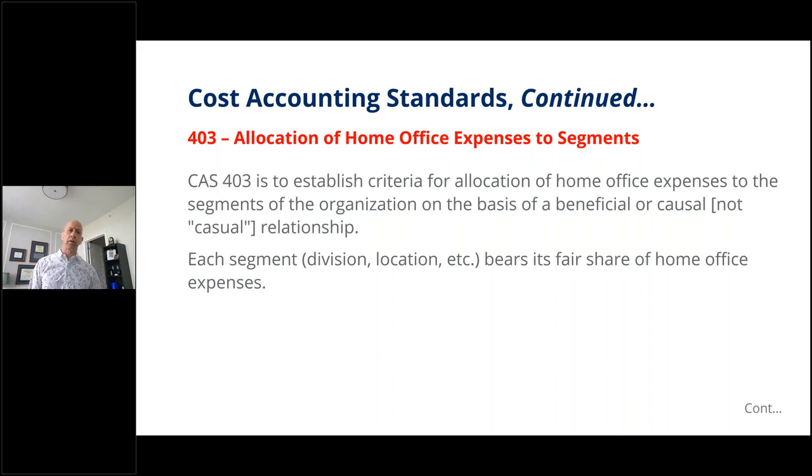One of the other things I want to throw in here, kind of in the middle as we talk about CAS, you will see that when we go through CAS and maybe you're thinking about your business, you may say, well, that doesn't really apply to us. We don't have a separate home office, for example. And that might be true. So if you otherwise had CAS, you ended up in a situation that you had CAS-covered contracts and maybe you didn't have a home office that was trying to allocate expenses to you, then, while you would technically still have to comply with 403, there really may be nothing for you to do.